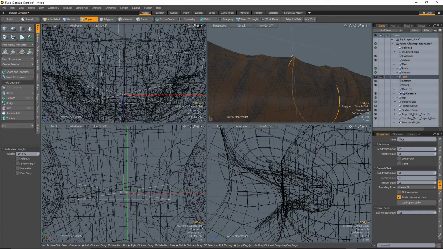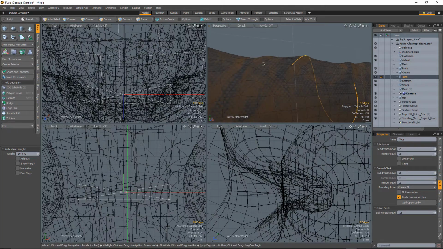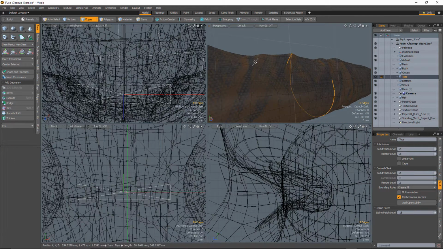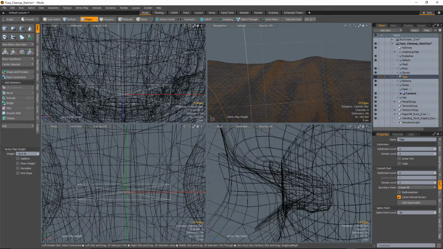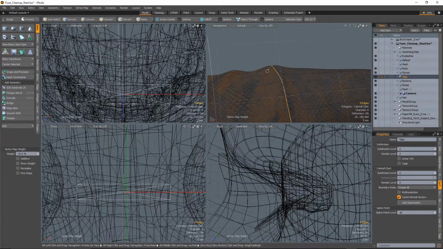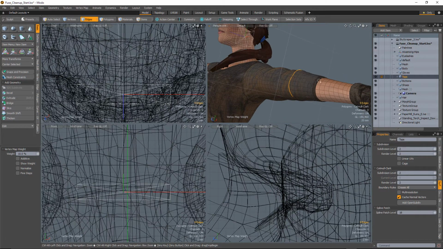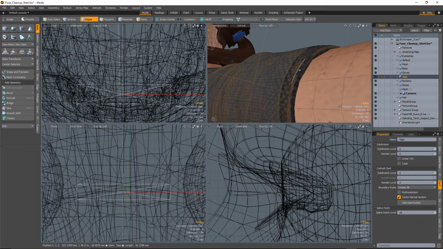Then you can use percentages of weight that are more fine-tuned than simply going 0, 10, or 20. If you put the subdivision level up to 4, then you could do 10, 20, 30, 40, and you get much more variation in the amount of sharpness that you need. Now, in this case, this is just some extra kind of profile details on the shirt, so I don't feel like we need a whole lot of extra work going on here, but I do want to kind of see the accentuation of some of these details, and it also makes a bit of a difference here around the ends